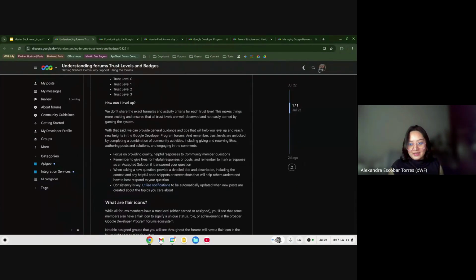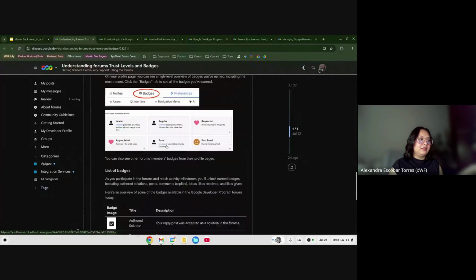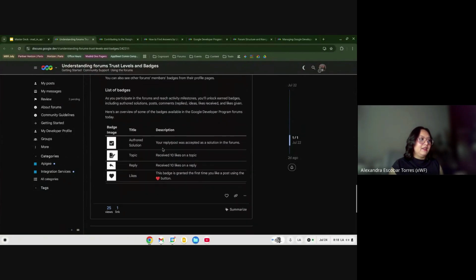Like any sustainable community, we will love to see consistency. We will love to see you engaging by asking questions, giving answers, giving kudos. So feel free to keep on engaging with those, and you'll see you start leveling up in these trust levels. Also, if you look at this all the way down, you'll see all the badges you can get and the